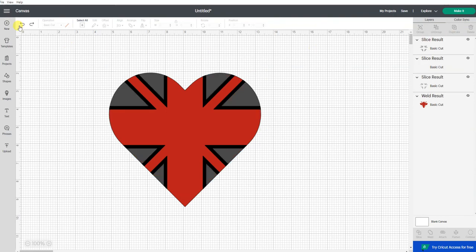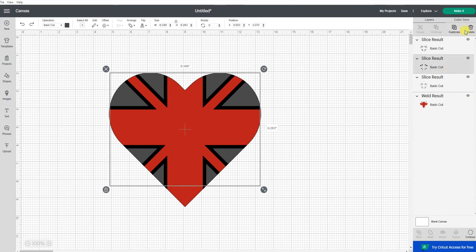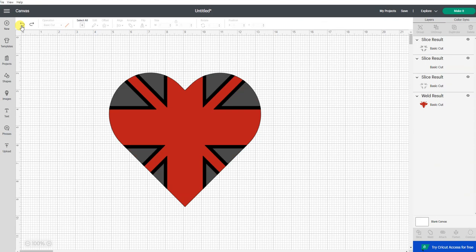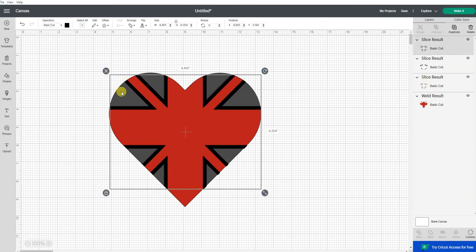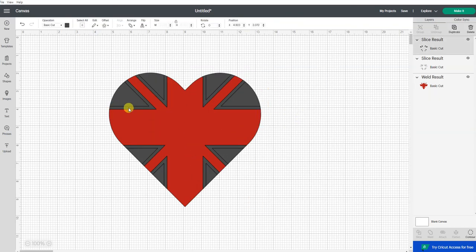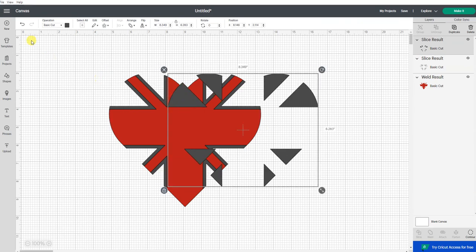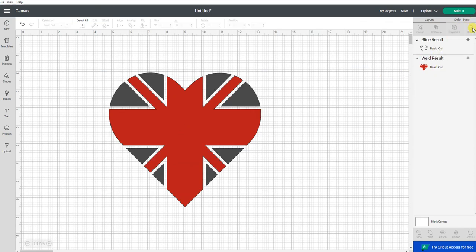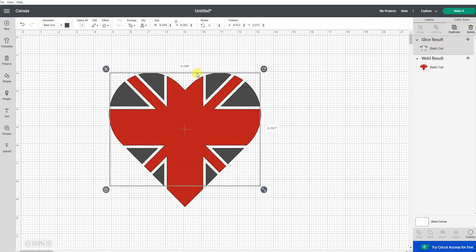It's really easy to just go back. Get rid of the black. So now that's the piece I wanted to get rid of. That's not the piece I wanted to get rid of. This is the piece I want to get rid of. There we go. Now I can change this piece